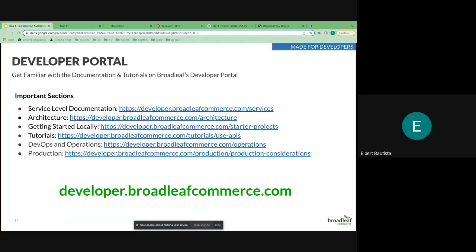Great question. That gives me a segue into this next section here, where at its core, Broadleaf is built for developers, and we do provide a lot of different tools and resources that we want to help enable you as an implementation team to really hit the ground running. In particular, I want to make sure that you're aware of all these different types of resources that you have. And I guess the most important, critical benefit here that you should be aware of is that you get full access to the source, right? As an enterprise level customer, you get